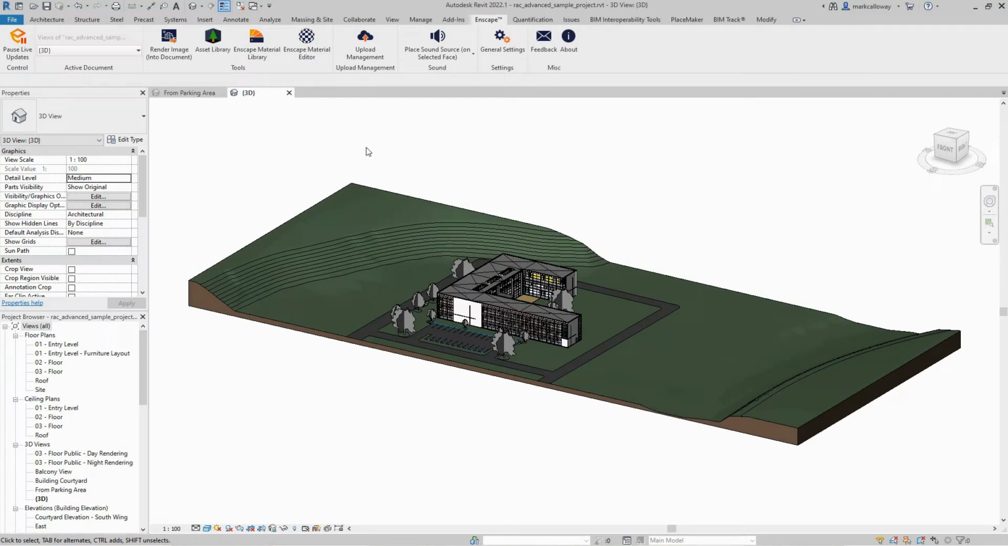To access Enscape, once installed on your computer, a tab will appear within the Revit ribbon bar. So long as you are in a 3D view, on the far left hand side of the Enscape tab, you will have a button that will allow you to start Enscape. At present it says pause live updates on my screen as I've pre-launched Enscape, as it does take a minute or two for your project to be rendered in 3D. Once that has loaded,